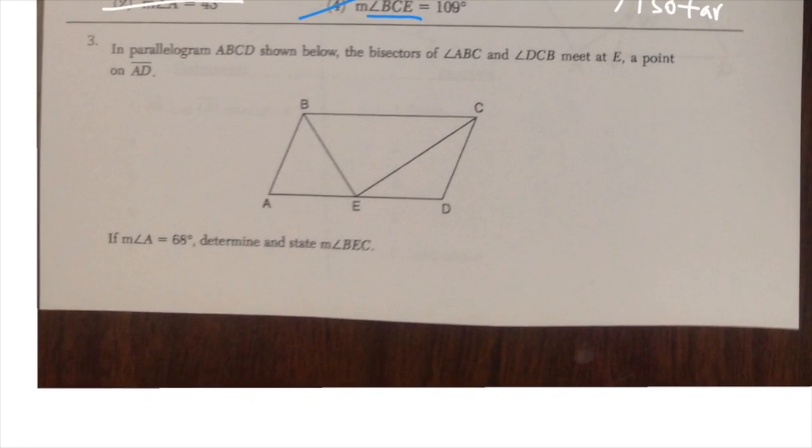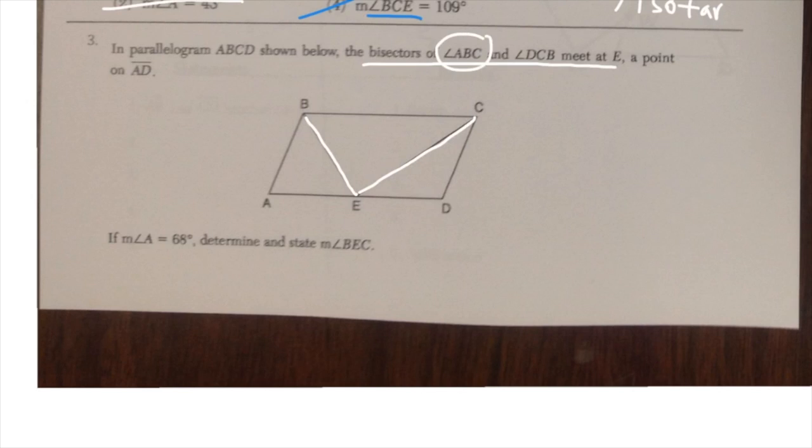All right. Question number 3. Parallelogram ABCD is shown below, and it says there's some bisectors. It says that the bisectors of angle ABC and angle DCB meet at point E. So these white lines are not bisecting a segment necessarily, they're bisecting angles. So it's saying that angle ABC,